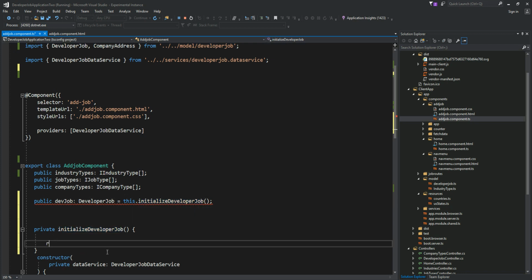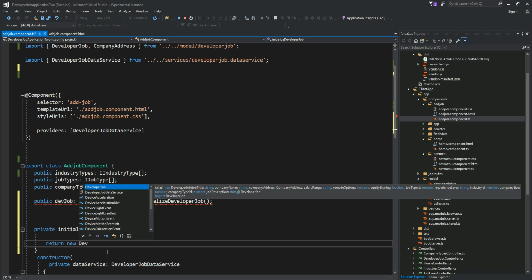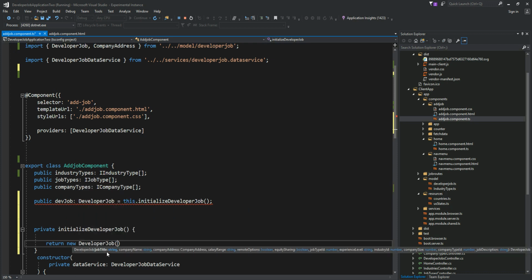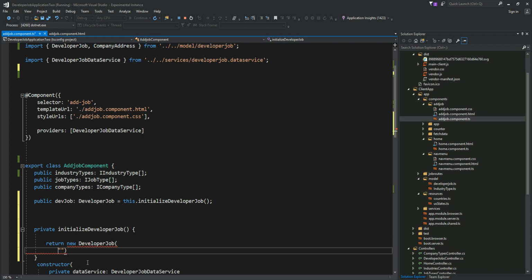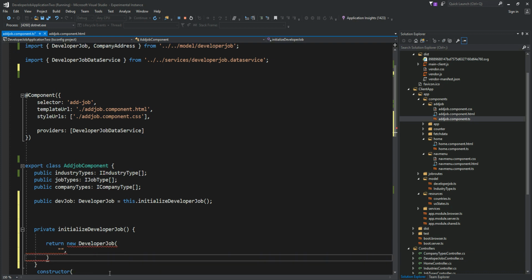So we're going to say, all right, go ahead and return new developer job. Remember, this is a constructor. This object contains a huge amount of parameters in its constructor, so we need to supply those parameters. The first parameter is company, the job title. I want to put this into the next line so it's easier to code. And then the second,